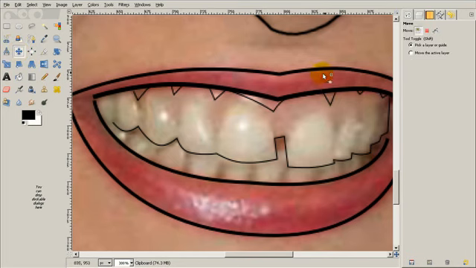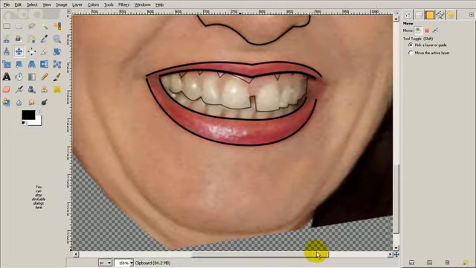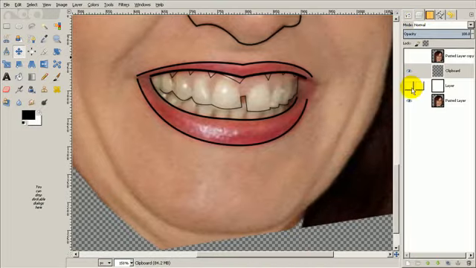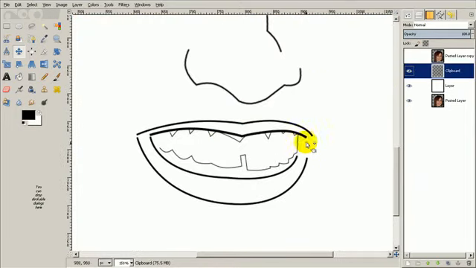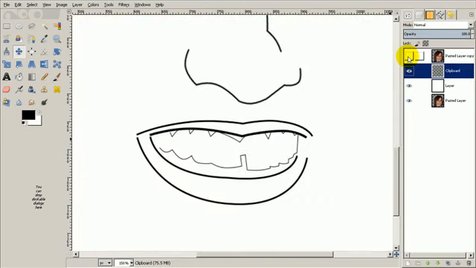So there we go, and we can zoom out, and by manipulating the layers we'll put up the white layer, and that's what Jessica's mouth is going to look like as we've done it at the moment. And it doesn't move massively